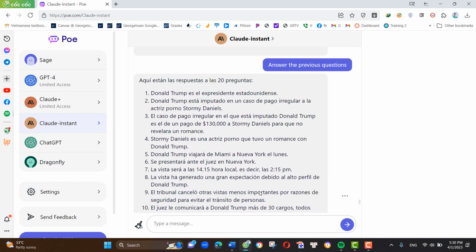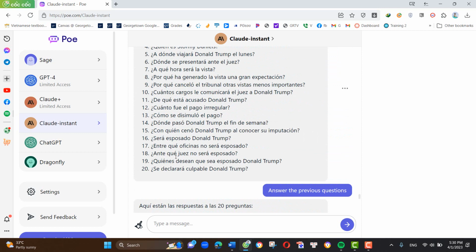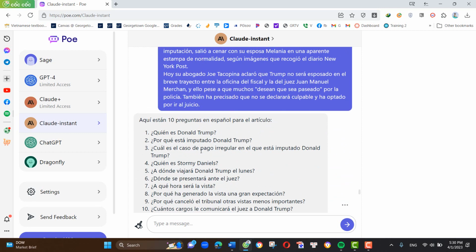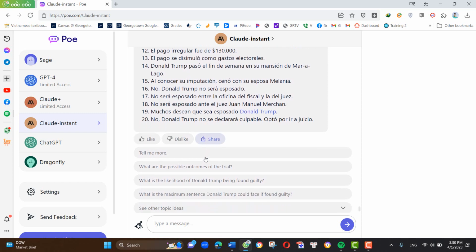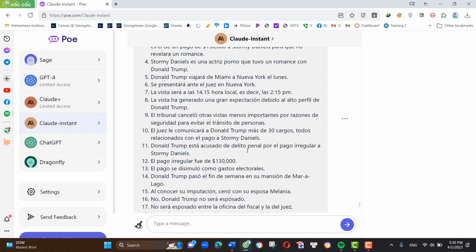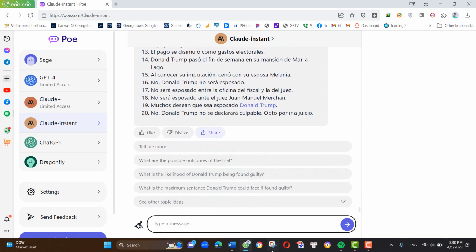Okay. Again, notice el caso, let's say, question number 3. ¿Cuál es el caso de pago irregular en el que está imputado Donald Trump? Okay, pretty advanced. El caso de pago irregular en el que está imputado Donald Trump es el de un pago de $130,000 a Stormy Daniels para que no revelara un romance. Okay, so very high Spanish. You can do vocabulary again, and then you can also say,